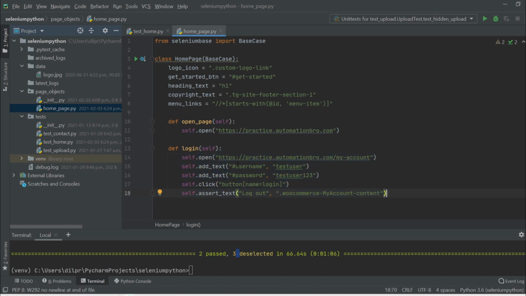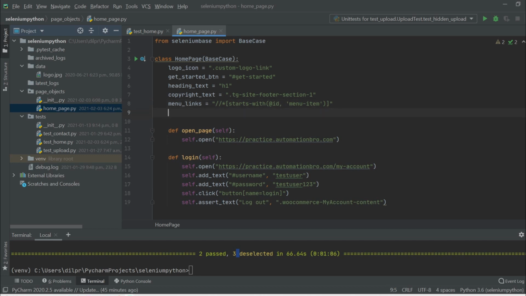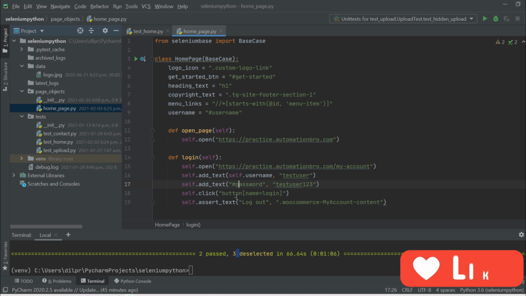Now ideally what you would want to do is all the selectors that you're using over here, you should do the same thing, create a variable for those, and you need to pass that over here. So to give an example, we would do this. I would do username equals, and then create that right here, username. And then I can just do, let's say over here, self dot like this. And then it will do this. And same thing you can do for password and this button and basically everything else over here.